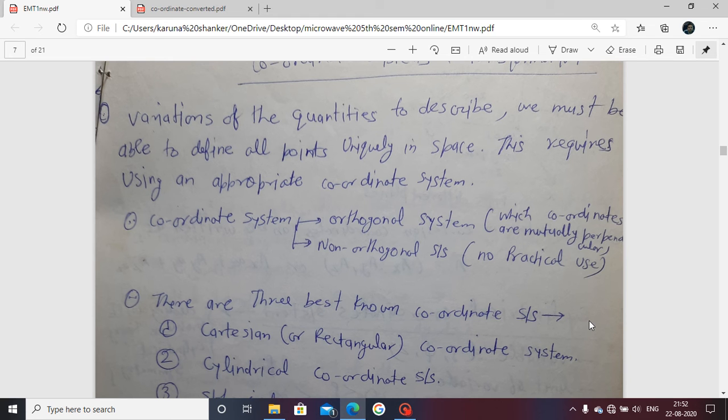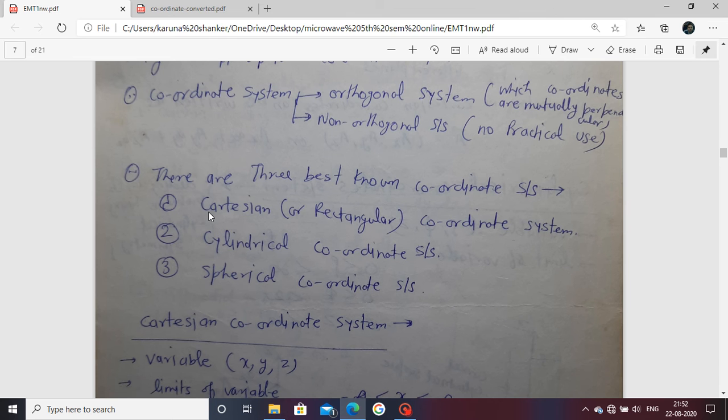The coordinate system defines a point of reference from which a specific vector direction may be defined. It means that whenever you want to locate a point in a cylindrical symmetry, in a sphere, or in some plane, then these coordinate systems are important for locating that point. There are generally three types of coordinate system: Cartesian, cylindrical, and spherical.